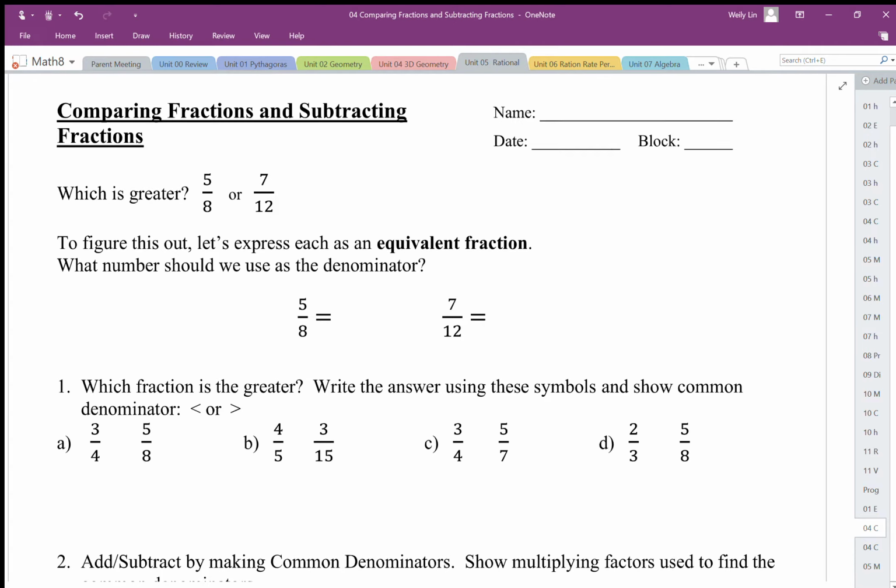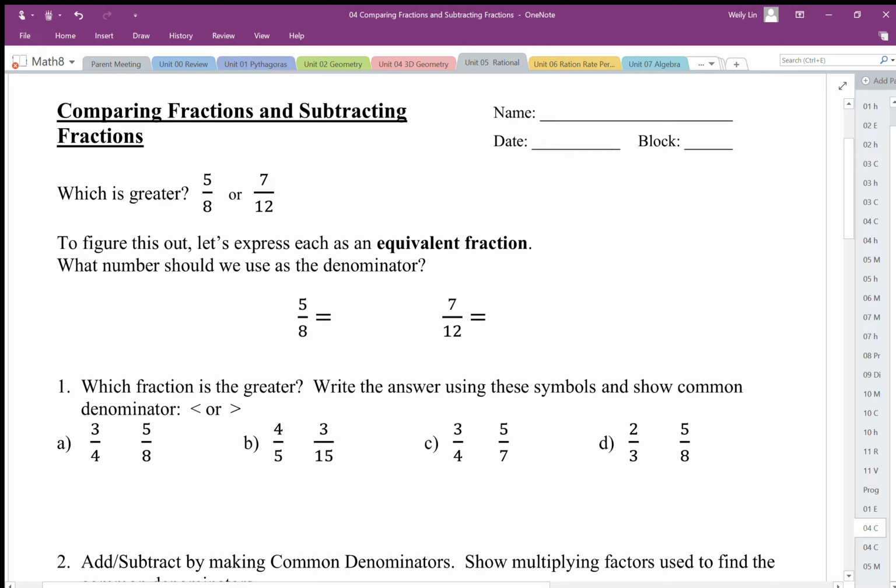We're going to start this video by comparing some fractions. Looking at the fraction 5/8 and the fraction 7/12, we want to know which one is bigger. We can draw these out, but 5/8, if I estimate, maybe somewhere around there. If I compare 7/12, they're fairly close together, so it's pretty hard to figure out which one is going to be bigger. So we need some sort of method to be able to compare these fractions a little bit more